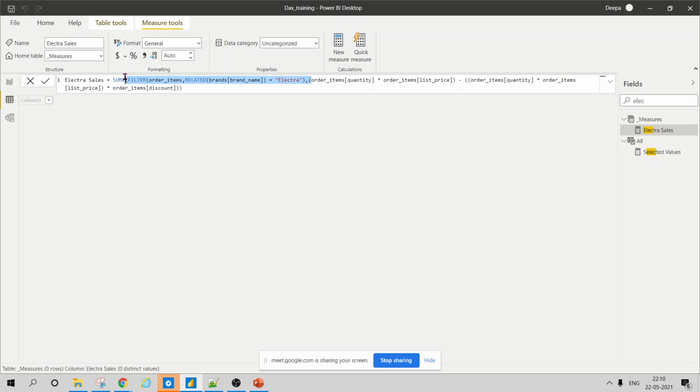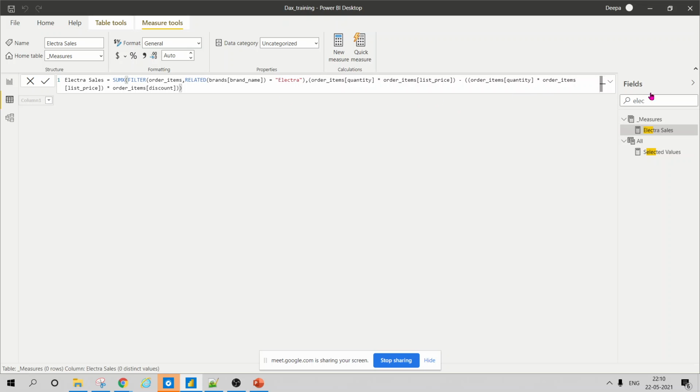So now you have a table from the filter function for Electra. Now you have a table where brand name is equal to Electra, and you have already been successful in filtering the brand table where brand name is equal to Electra. So you have done that. Now you are writing an expression where you want to calculate. So what you're doing is multiplying quantity by list price minus quantity by list price into discount, and you are doing some calculation out of it, and you are calculating the total sales.